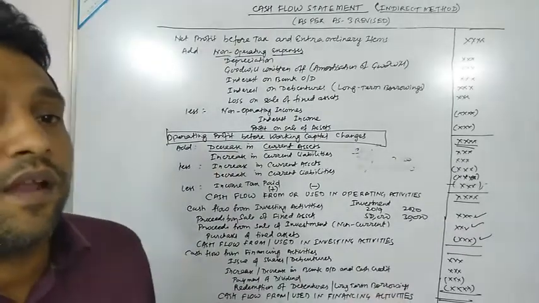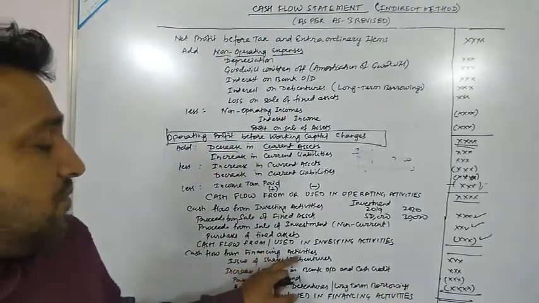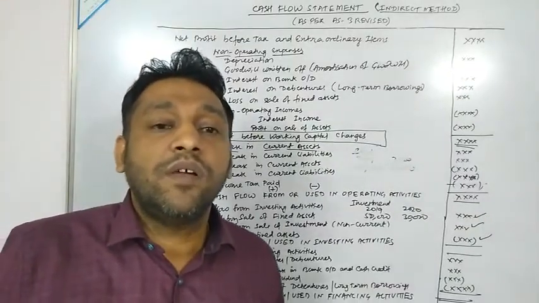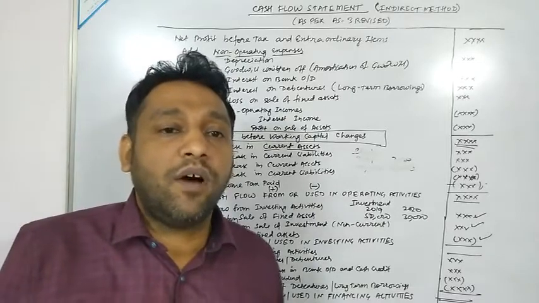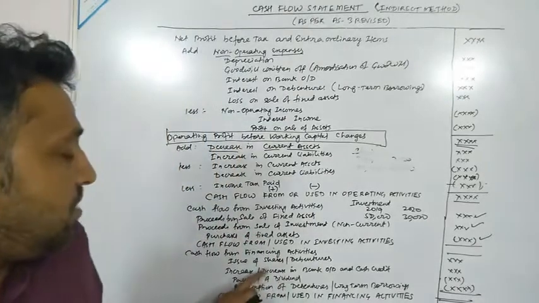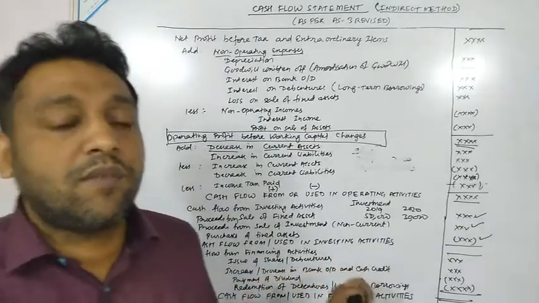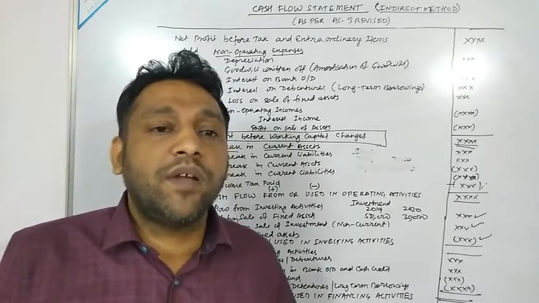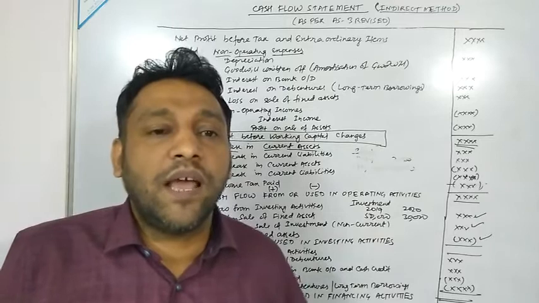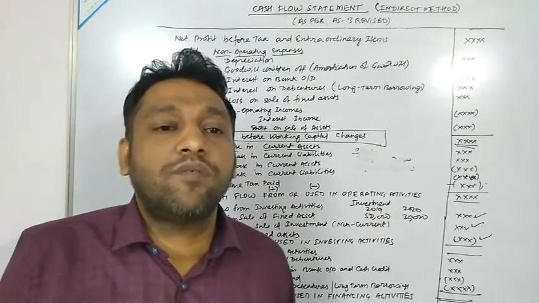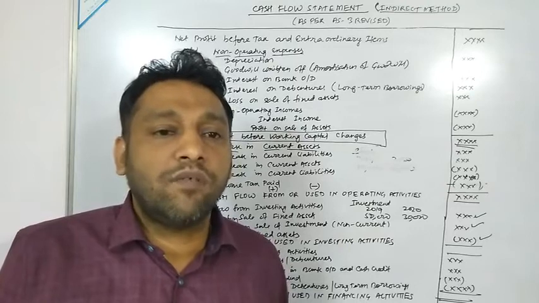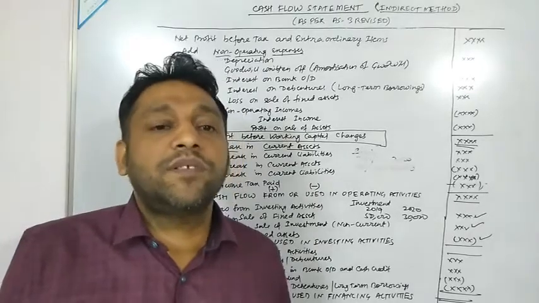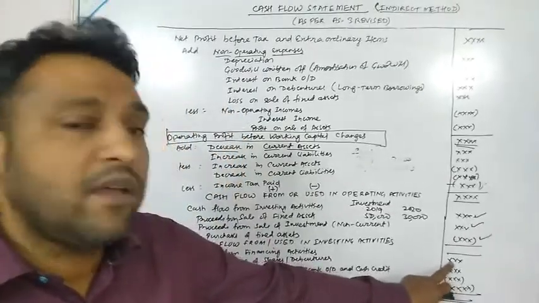Now last but not the least is your cash flow from financing activities. Cash flow from financing activities results from the change in composition of the capital of the business. So that will be your issue of shares or debentures. Suppose share value is given in 2019 as 2 lakh, and in 2020 as 3 lakhs. That means the company might have issued shares of rupees how much? 1 lakh. Issue means what will be the entry? Bank account debited to share capital. So that means there has been an inflow of cash, so that would be added.